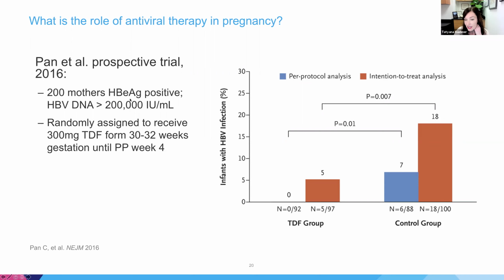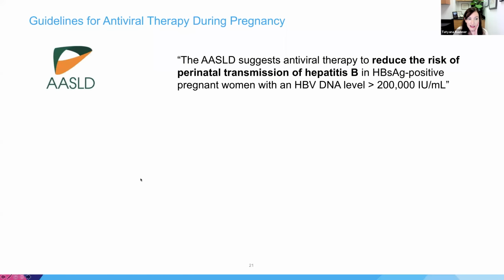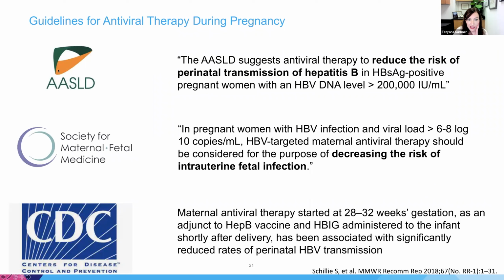And so based on this, as well as other studies that have been done, the guidelines really across the board, initially it was AASLD, but then also Society for Maternal Fetal Medicine agreed, as well as the CDC, that there is a recommendation to treat moms if their viral load is over 200,000 for the prevention of mother-to-child transmission. Of course, the infant will get hepatitis B immunoglobulin and hepatitis B vaccine within 12 hours of birth. But on top of that,